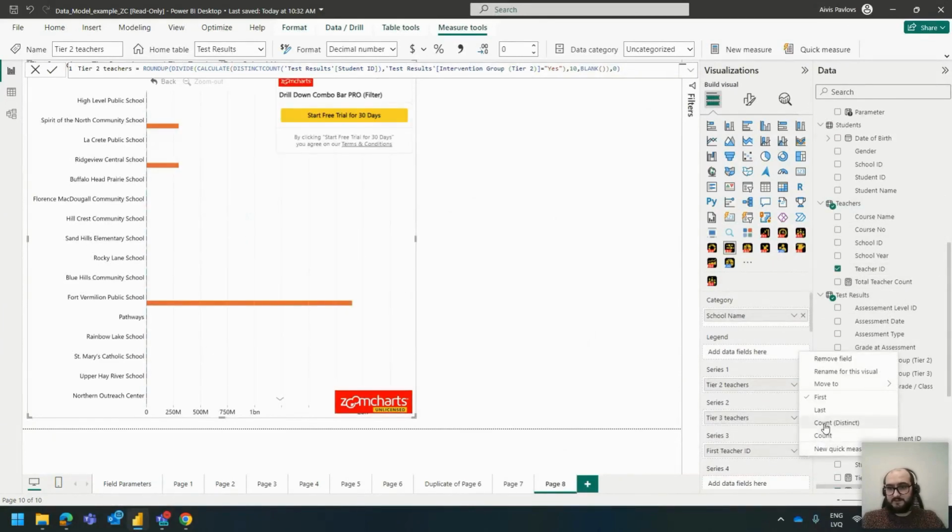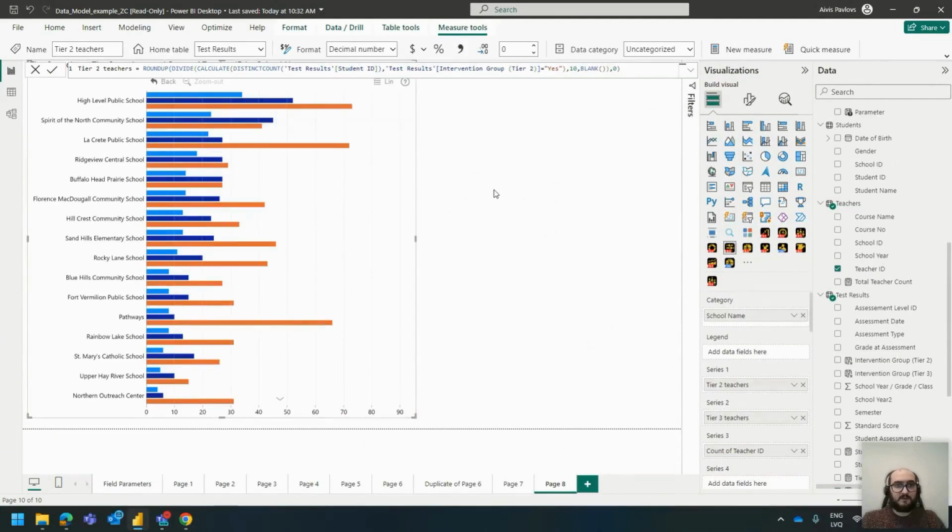Of course, not the first, but the distinct count. Use the trial. And we can see here that if the rule that I just said is in motion, that a teacher cannot simultaneously have a tier 2 group and a tier 3 group,